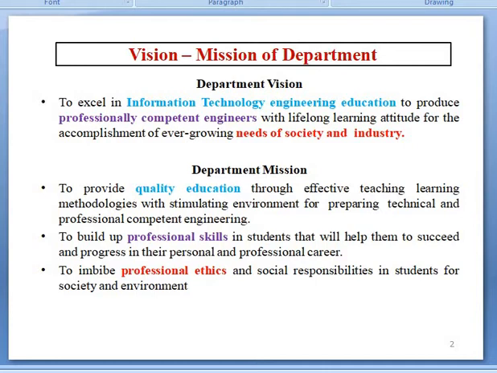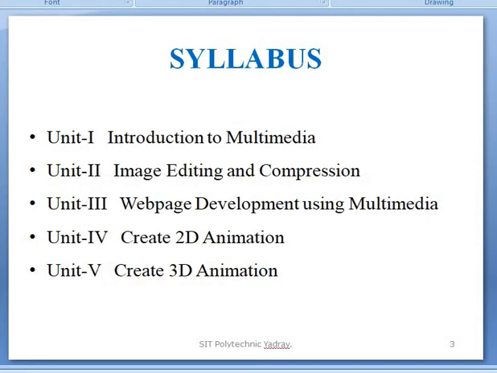First, to provide quality education through effective teaching learning methodologies with a stimulating environment for preparing technically and professionally competent engineers. Second, to build up professional skills in students that will help them to succeed and progress in their personal and professional career. Third, to imbibe professional ethics and social responsibilities in students for society and environment.